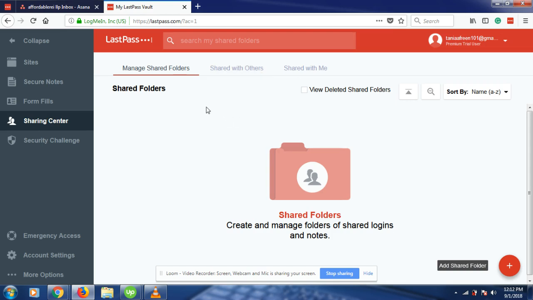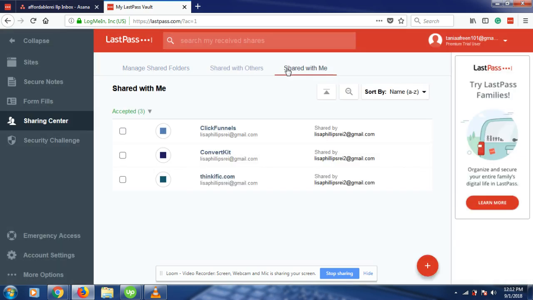You can see 3 new tabs: manage shared folders, shared with others, and shared with me. Click on shared with me. Here when you get the requests, you will see a list of names or a single name appearing here. For example, I have already accepted all my requests, so they're appearing under the accepted